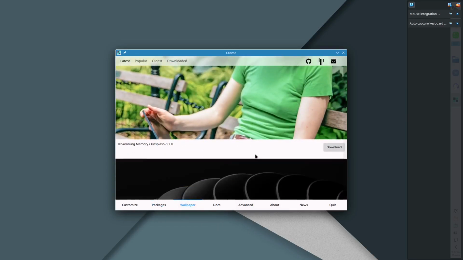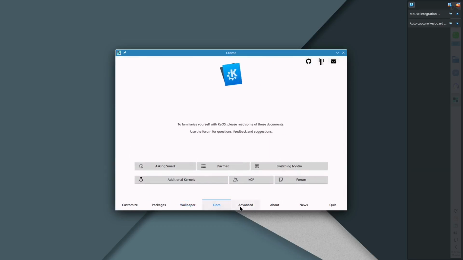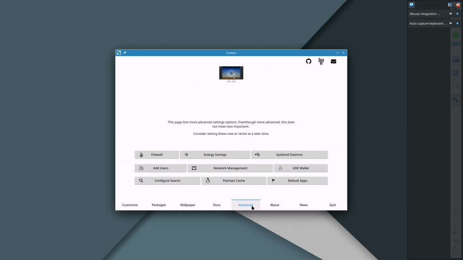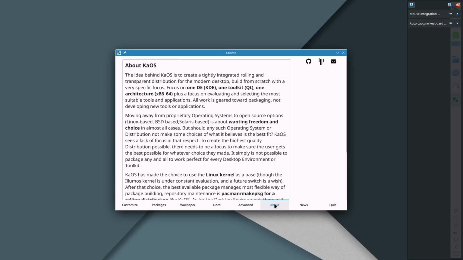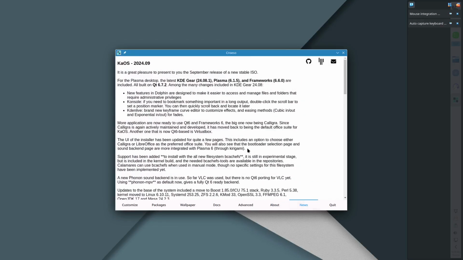Wallpaper. Default wallpaper that you can download. Docs. Asking Smart. Probably, is that AI? I don't know. Pacman, that is the package manager. Switching NVIDIA, additional kernels, KCP, and forum. Under advanced, you get firewall, energy saving, system daemon, add users, network management, KDE wallet. Configure search, Pacman cache, default apps, about, again, it tells you about KaOS, news, tells you news about KaOS, and